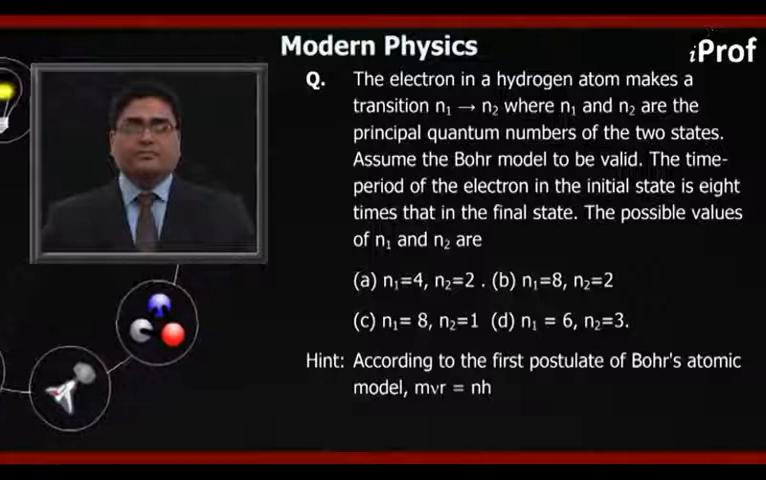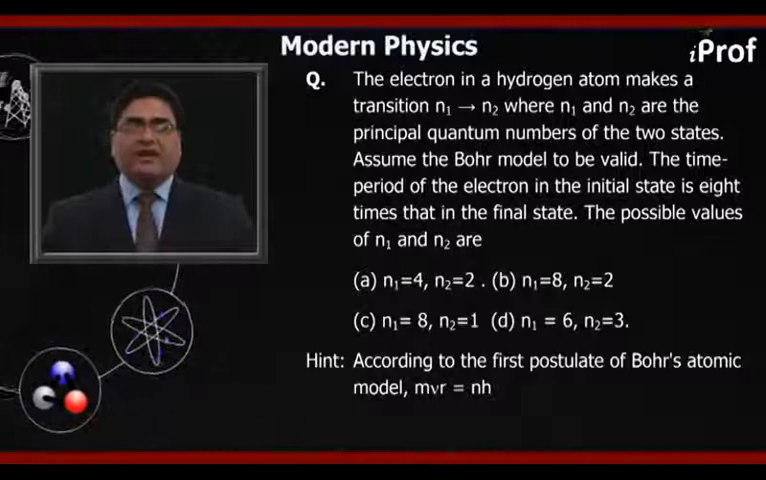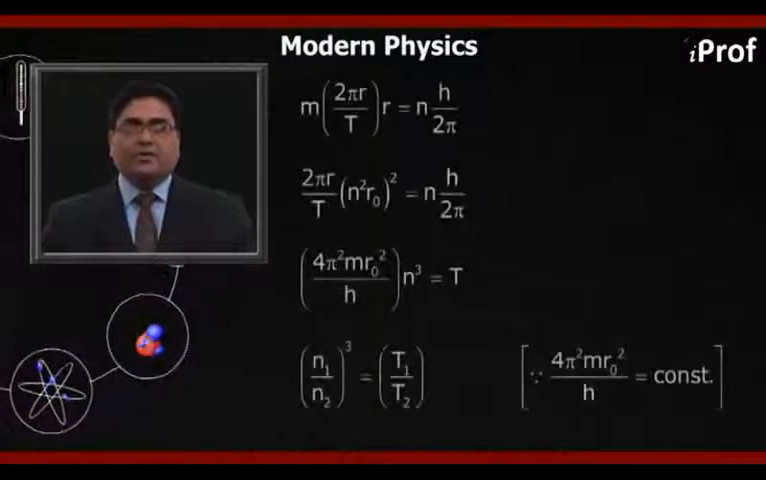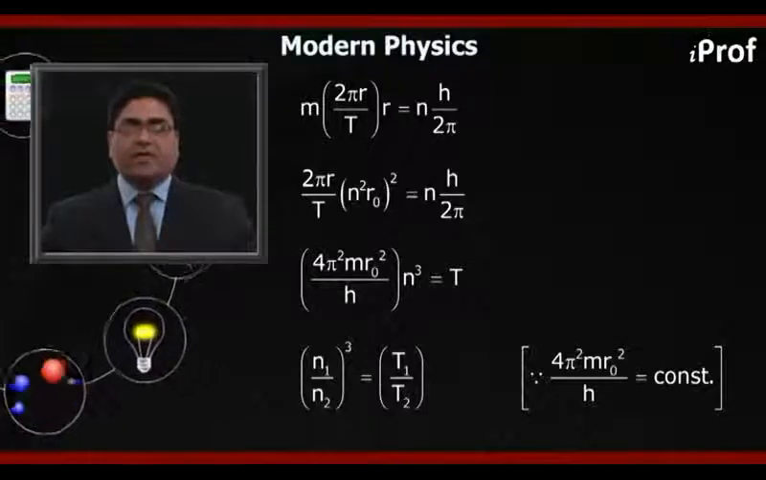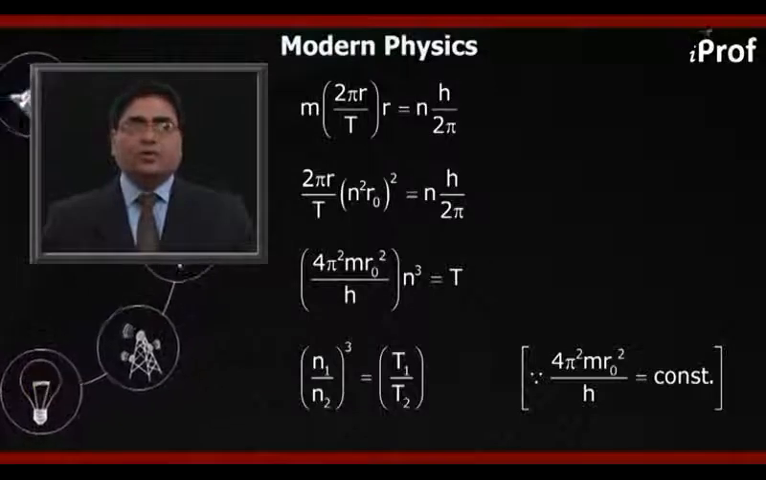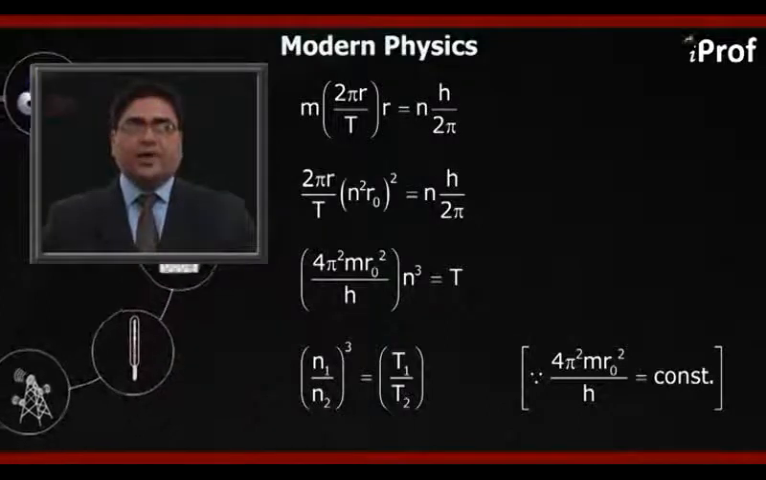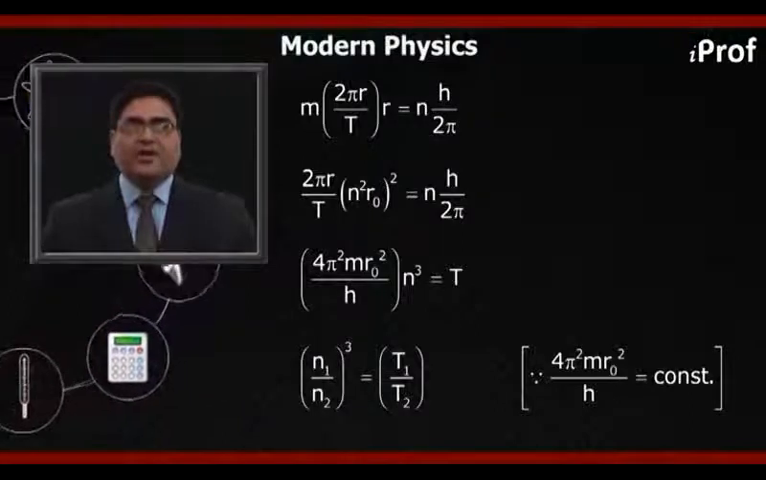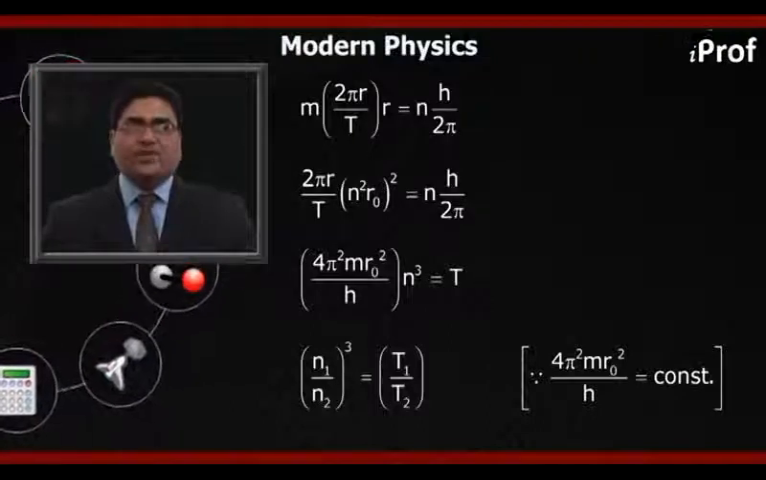According to the first postulate of Bohr atomic model, mvr equal to n h bar, or m into 2 pi r upon T into r equal to n h upon 2 pi, or 2 pi m upon T into n square r naught square equal to n h upon 2 pi, or 4 pi square m r naught square upon h, n cube equal to T,